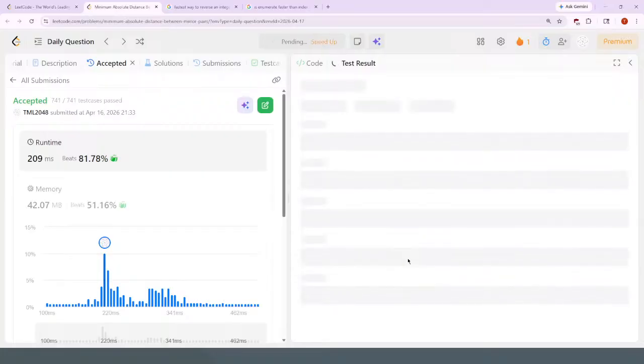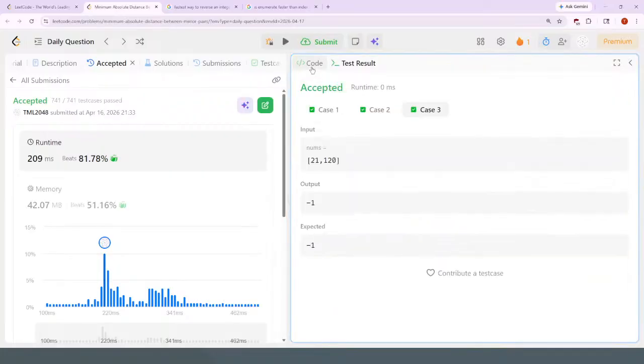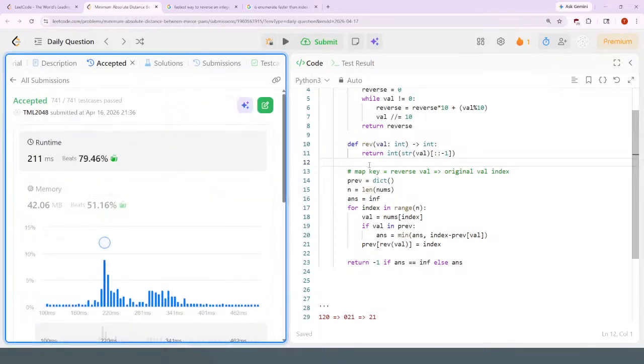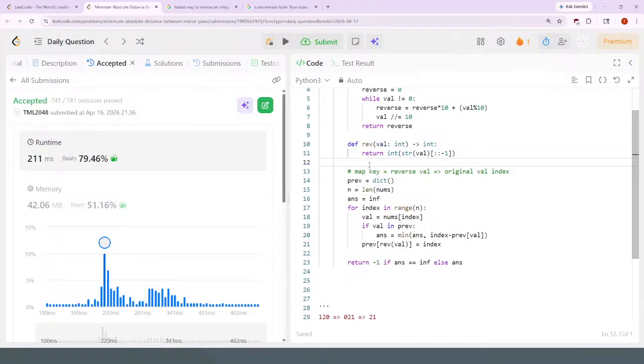Guess that might be a minor speed up. Or just random. Okay, I'm good with this. Okay,